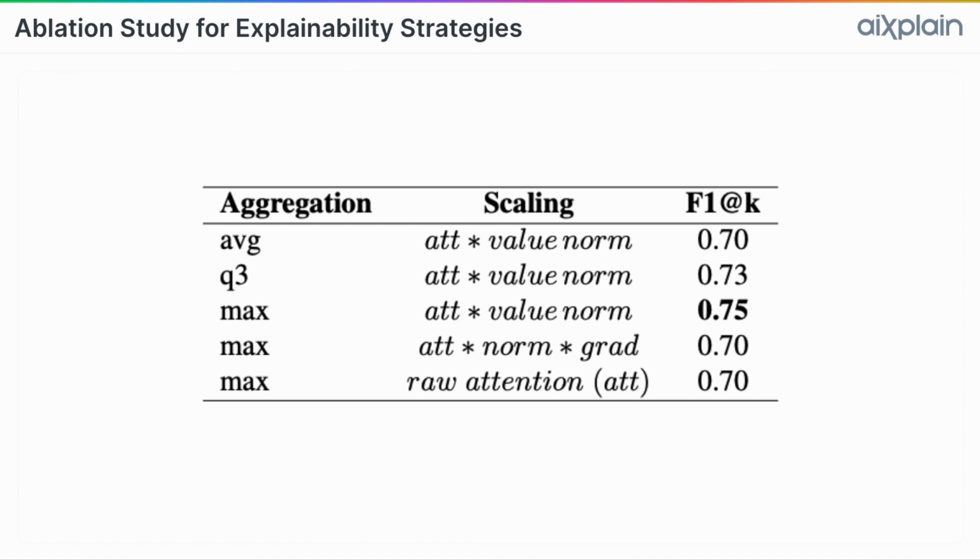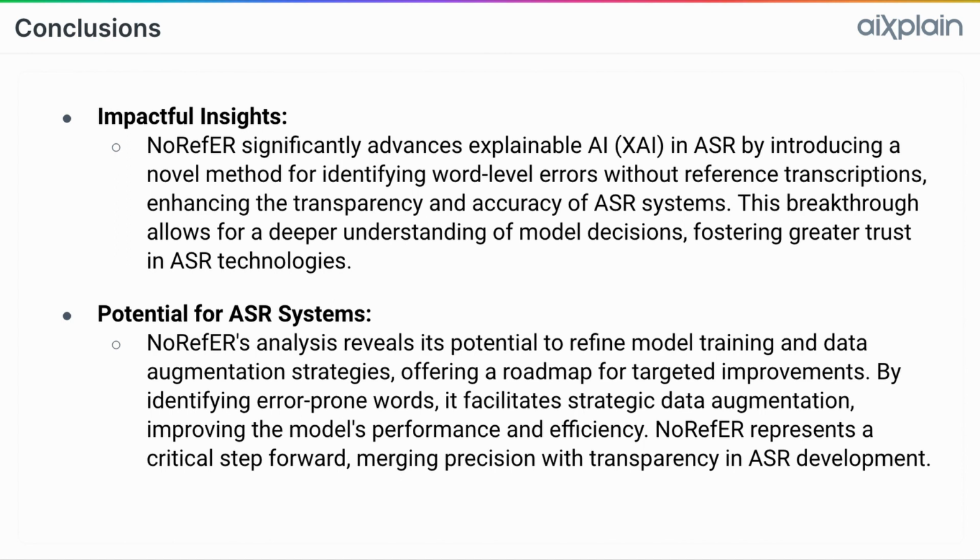In the transition from the token level to word level attention, we used three different aggregation methods. One was average attention, which calculates the mean of all token scores for each word. The other was max attention, which identifies the highest attention score in the word tokens. And the last was Q3 attention, which focuses on the third quartile value among all the tokens. We found out the max attention values actually give us better results. So we chose max pooling and attention scaled by the norm of value vectors as the chosen method.